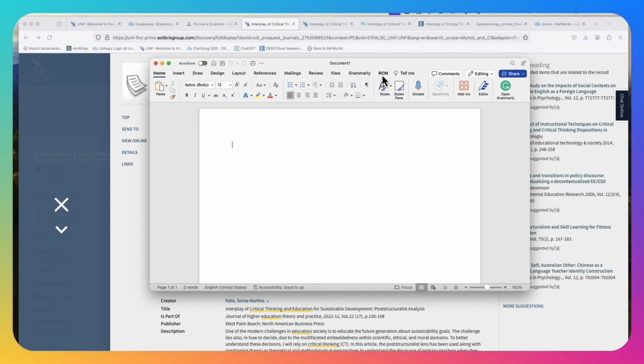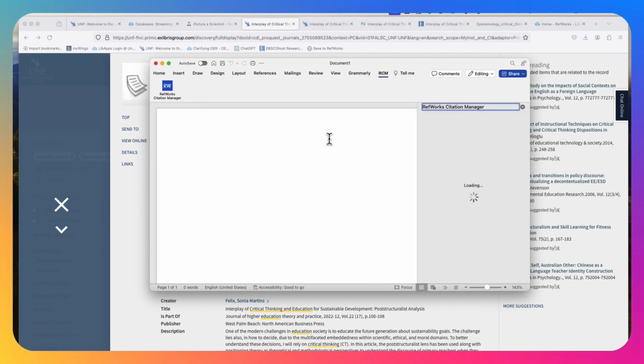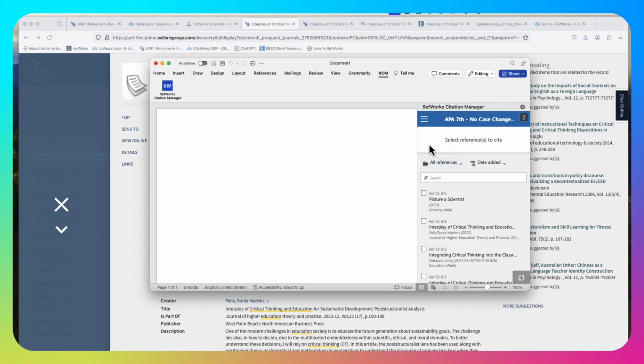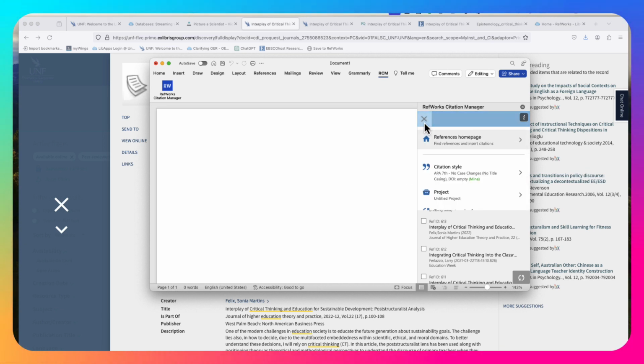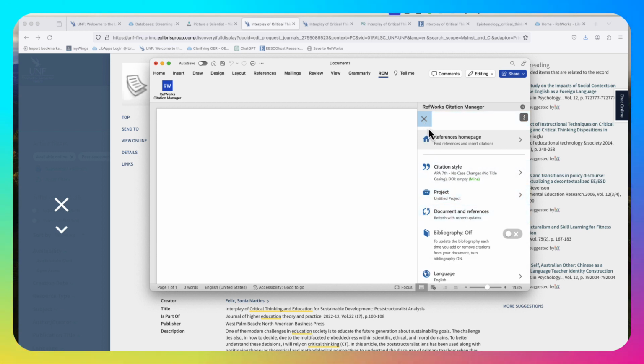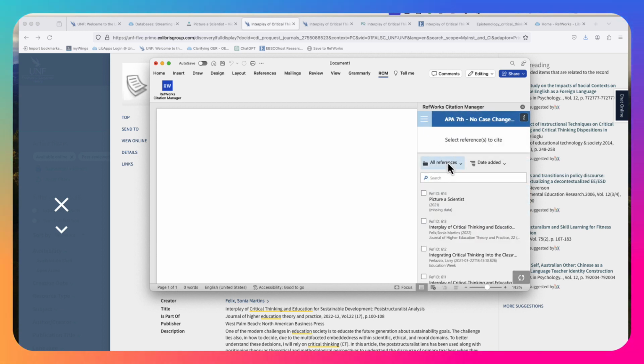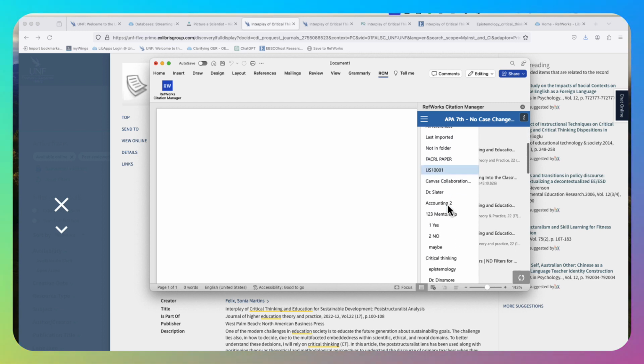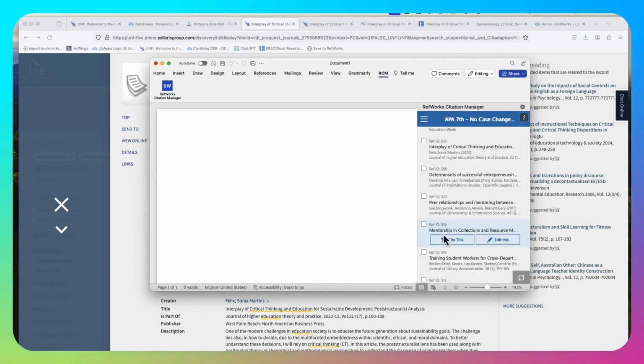So we're going to click on RCM. You saw that right at the top here. And then on the left, Reference Citation Manager. You're going to see really quickly how easy this is. We're going to log in if it's not logged in. Mine somehow was already logged in. I'm going to go into my folder. So I'm going to change all references to that one folder I was using, the no folder.